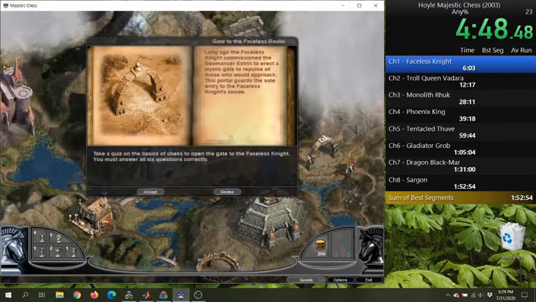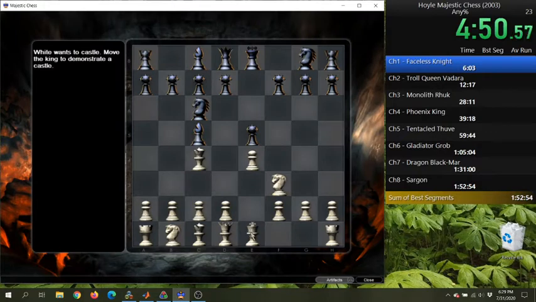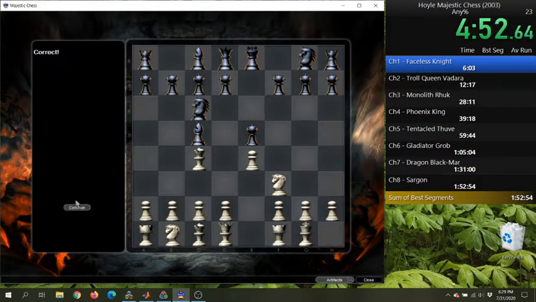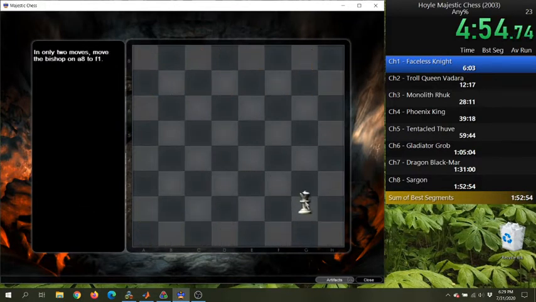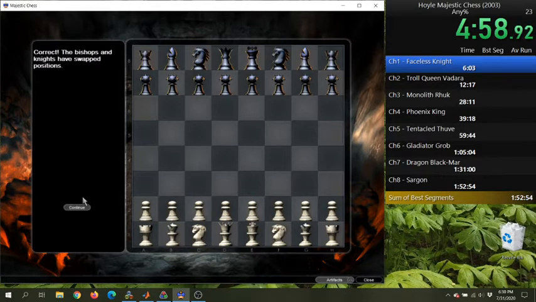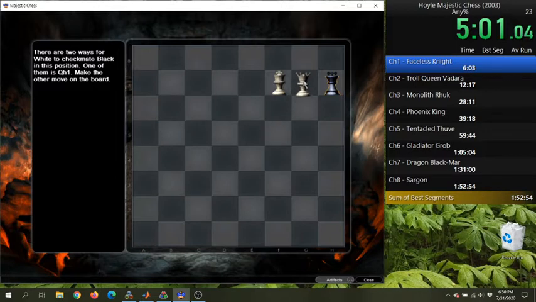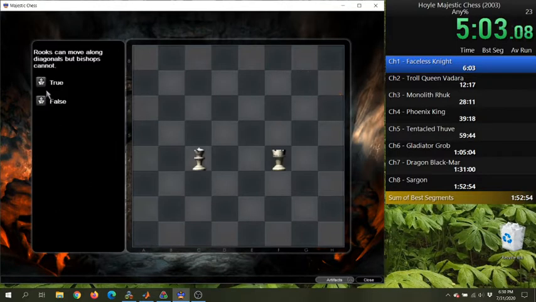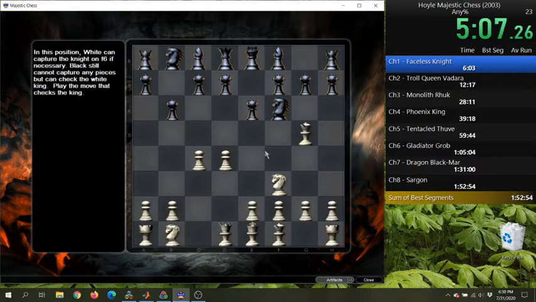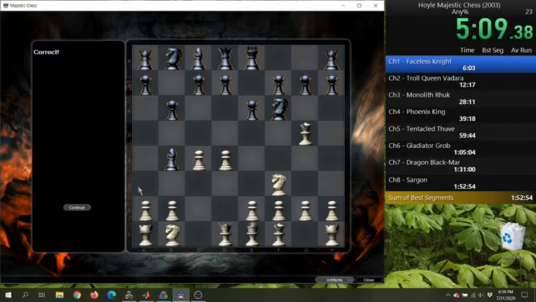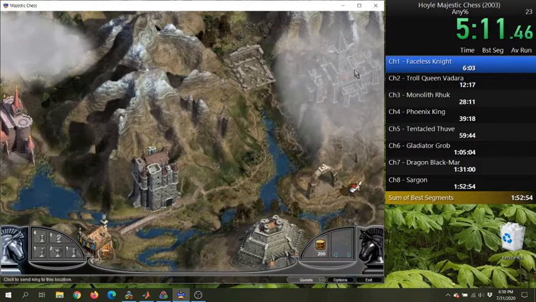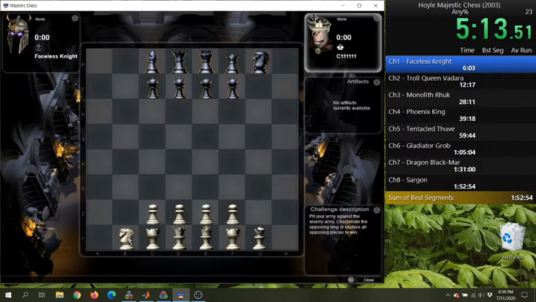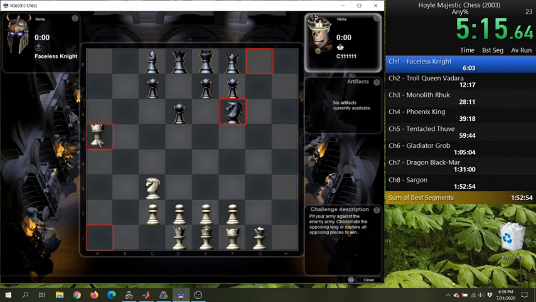Wait a minute. Okay, I got a little bit trigger happy there. If you see me not clicking buttons, it's just because I'm hitting escape. Lets you automatically exit whatever you're on. And if you see me clearly not reading through some of these more detailed questions, that's because I've done this many times before.